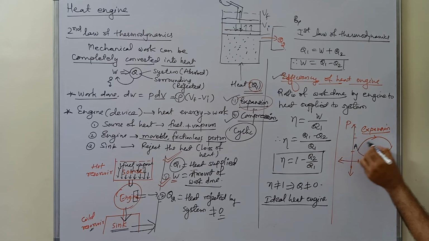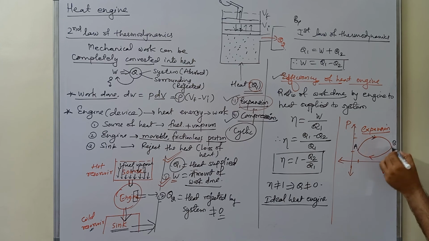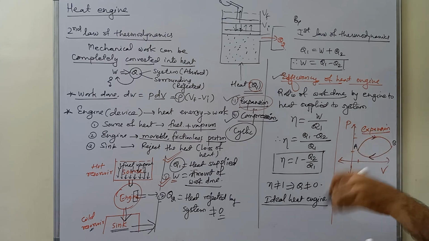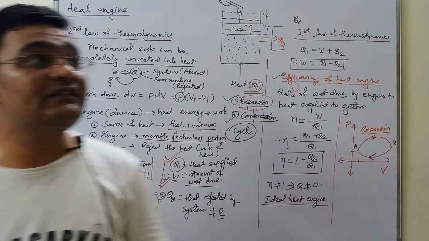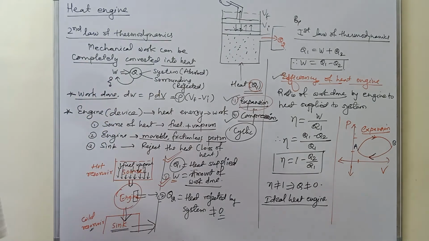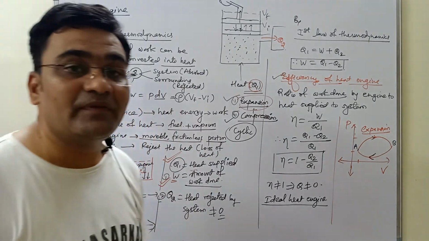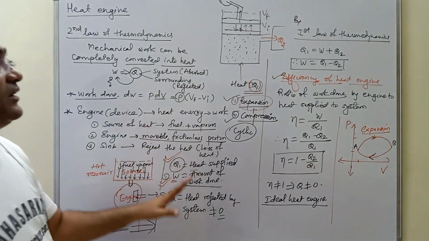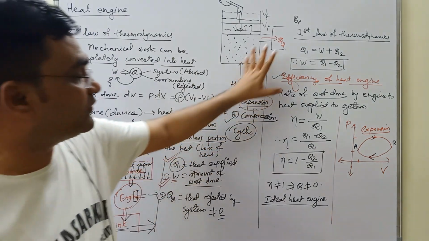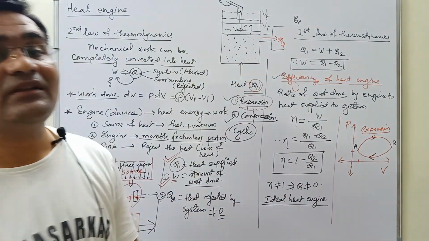So the system goes from A to B and comes from what? B to A. So it is a cyclic process. So remember, heat engine is always a cyclic process. I hope you understood the concept of heat engine. It's a very important article. Some theory questions along with questions on this efficiency of heat engine can be asked